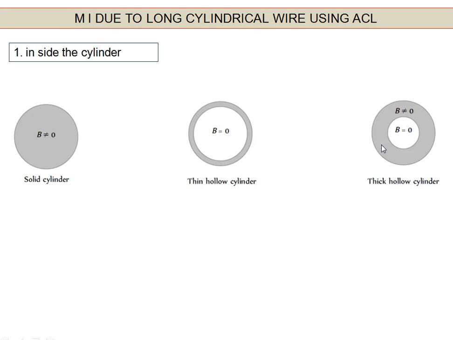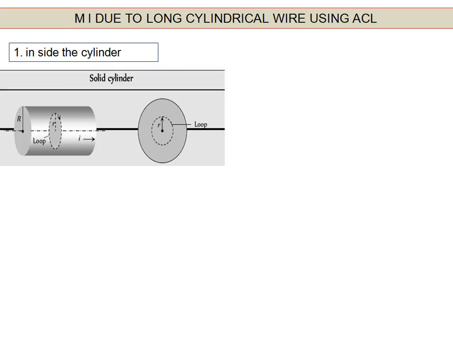Okay, where the B can be zero. Now you will calculate the magnetic field for the solid cylinder at any interior point. Suppose you take this point as P, and the distance from the axis is given by r dash. We can make the Amperian loop which should pass through the point P of radius r. If it is written r, you can also take r, it doesn't matter. I told you r dash, but you can take r because in the diagram it is r only.